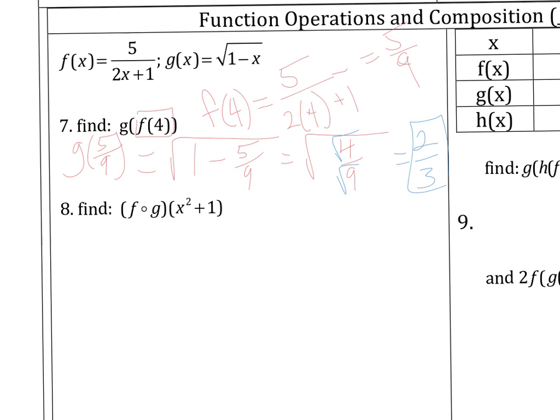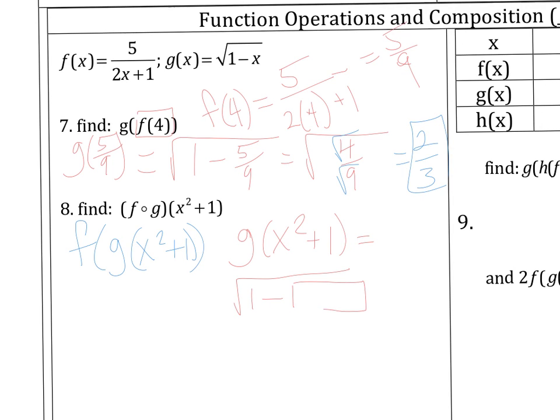For number 8, I have that awful notation. We know now that this means f of g of the stuff on the inside, x squared plus 1. Let's find g of x squared plus 1 first. That means I'm going to use g of x, 1 minus, and instead of x, I'm going to plug in x squared plus 1. Okay. My 1 and 1 in this case are going to cancel out, leaving me with the square root of negative x squared,